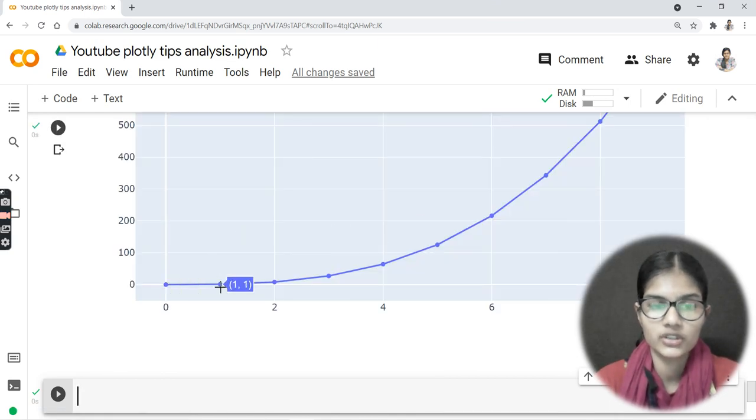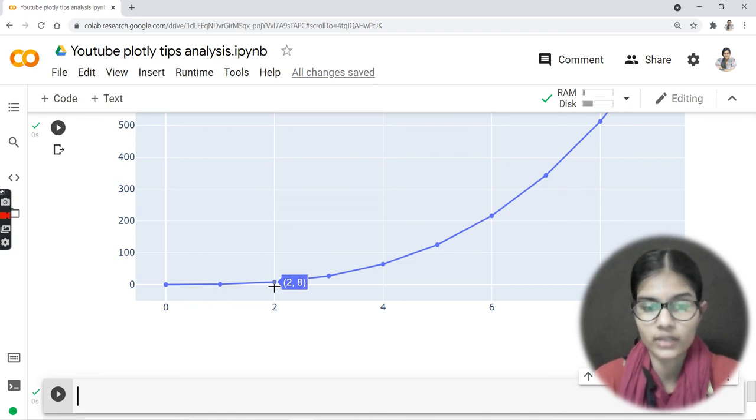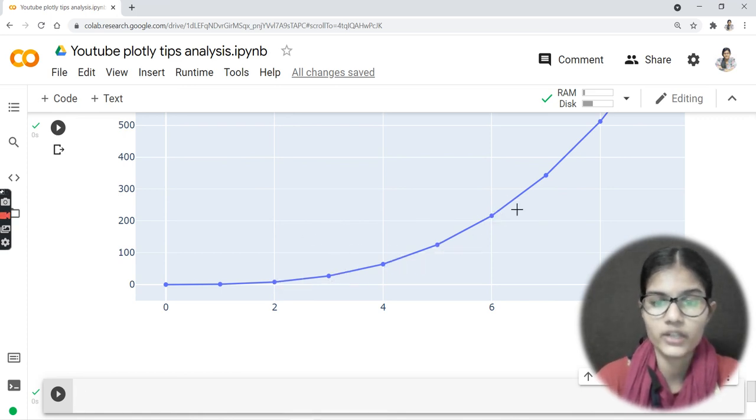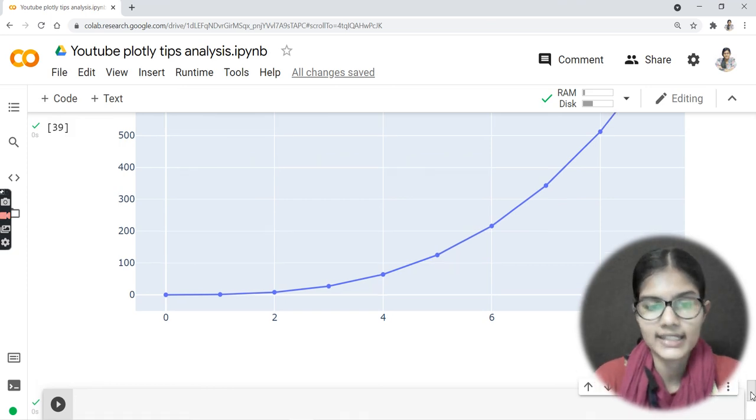So it will be 0 0, 1 1, it will be 2 comma 8. This is how we write the cube. I'm sorry, I was putting 3 stars. So for finding the cube, we just multiply, double multiplication, power 2 to the power 3, and here 3 27, 4 64, 5 125. This is how we are getting the things.